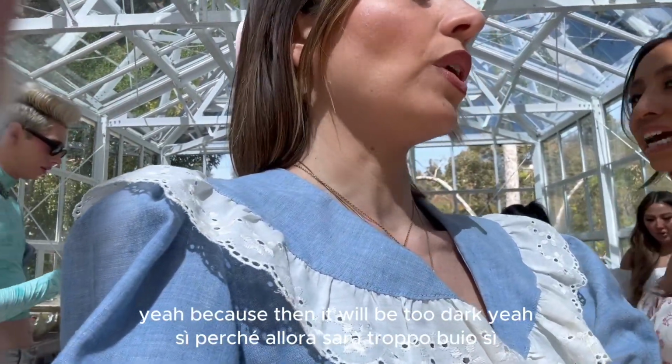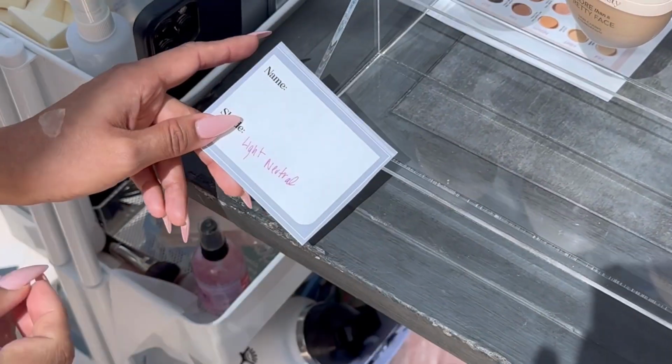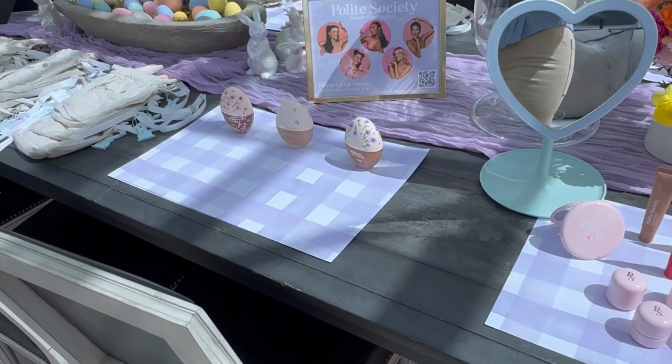Yeah? Because then it would be too dark. Yeah, I think if we go a little bit. Okay, so that's like neutral. Jeans and like a t-shirt. And then what they'll do, light neutral, chin. Let's see what